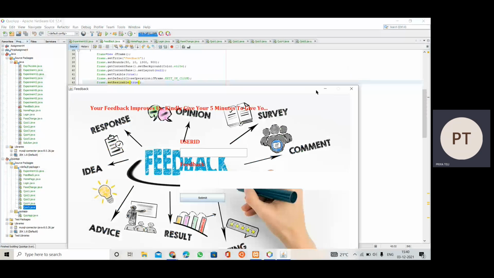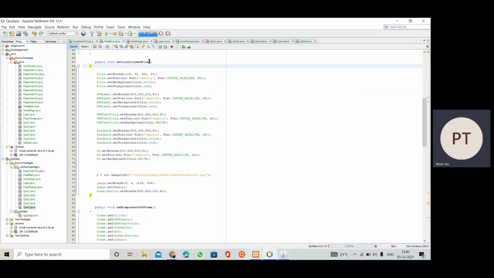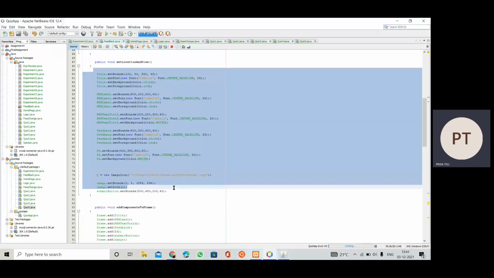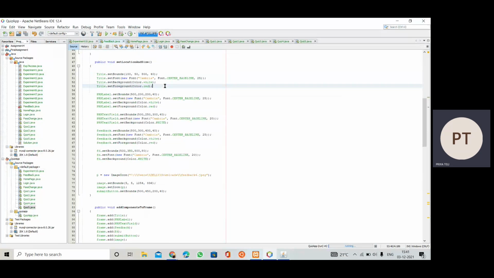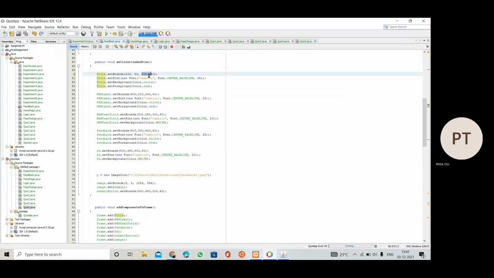Then we have the set location and size method. In this, we have set the location with the help of the set bounds method. Then we have the set font method to set the font. Then we have set background to set the background color, and set foreground to specify the font color. So we have called these methods on each object. As we all know, the set bounds method takes 4 arguments, that is x, y, width and height.